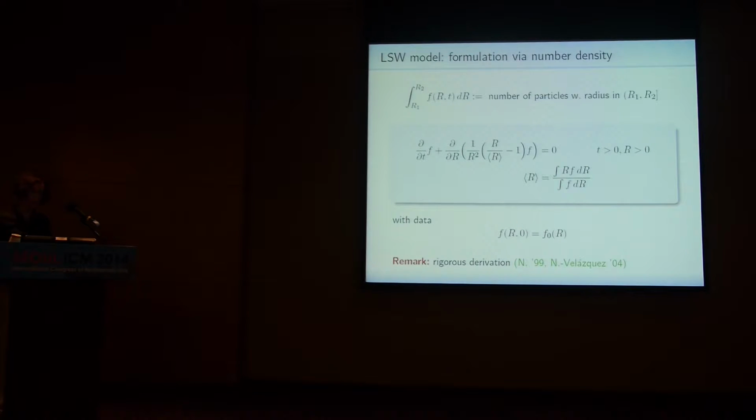But then we assume it has a smooth density. If we assume that all the particles evolve according to this ODE, that there are no particles of positive size suddenly created out of nowhere, and also that no particles collide, then the system of ODEs is equivalent to this transport equation for the number density. So the rate of change of the particle radii shows up here as this function.